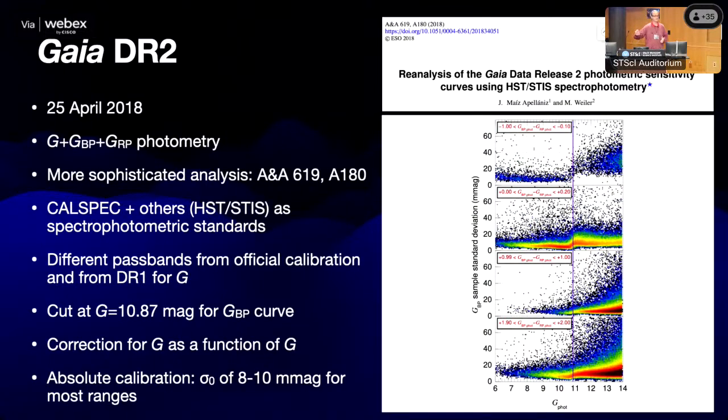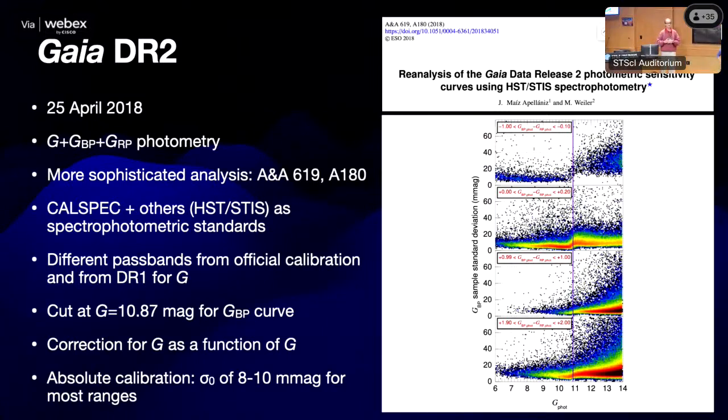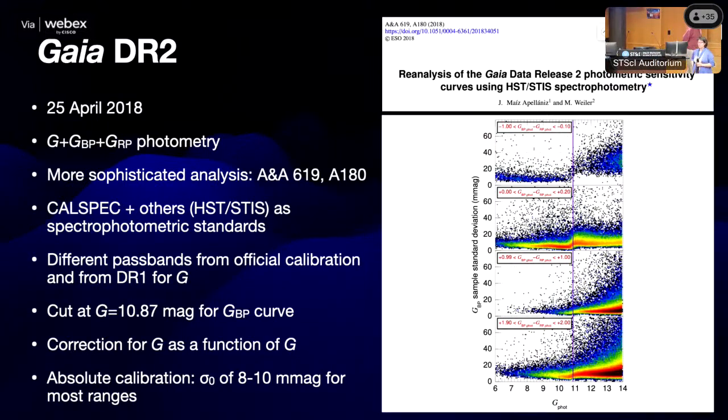And by the way, this is just one of the plots. There are many of these. Here you do see the effect. There is a jump at that magnitude, and that's the dispersion. So there is something that makes the dispersion increase, with a dependence on color as you go to one end or the other of the magnitude range.